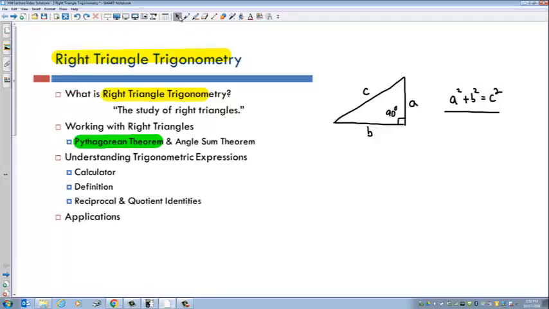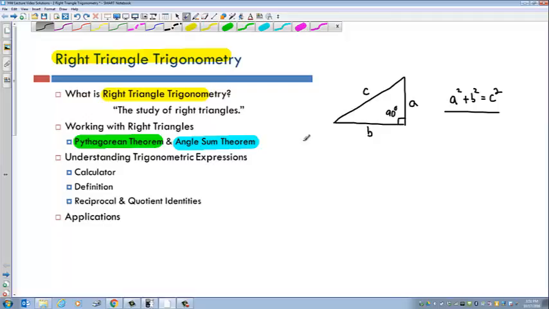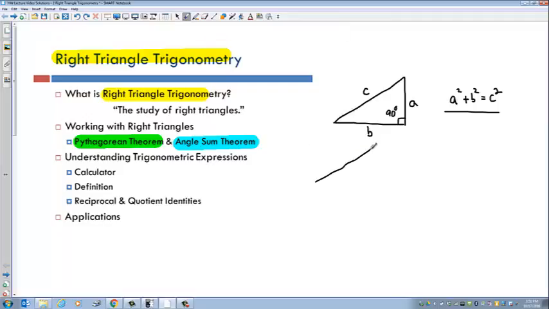Also, you should know the angle sum theorem. What does that say? It says if you have a triangle and you look at all three angles, let's name this one alpha, we'll name this one beta, and then this one gamma. That means alpha plus beta plus gamma equals a nice number, which, if you remember, is 180 degrees. So we have these two theorems, the Pythagorean theorem,